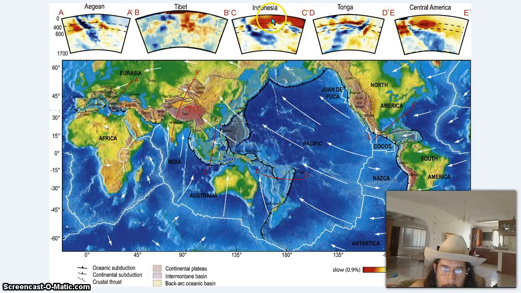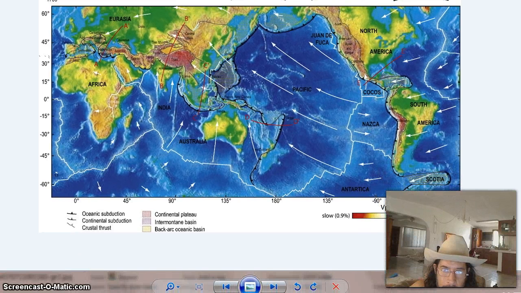Now, I don't know if this is depth. It does look like a cross section of the vertical, and the top curve looks like the surface. But in any case, what I really want to look at is down here. The whole map,